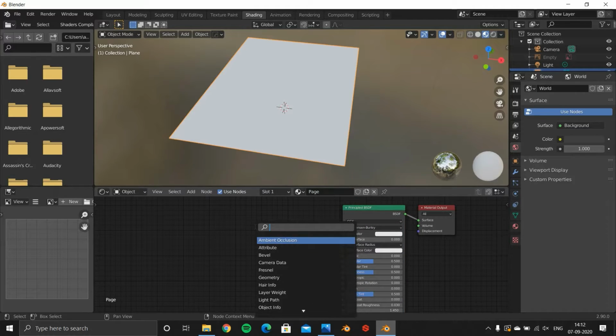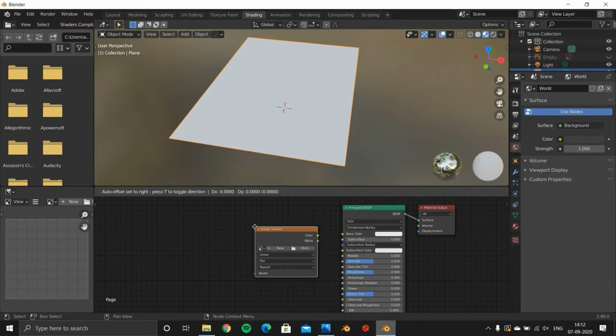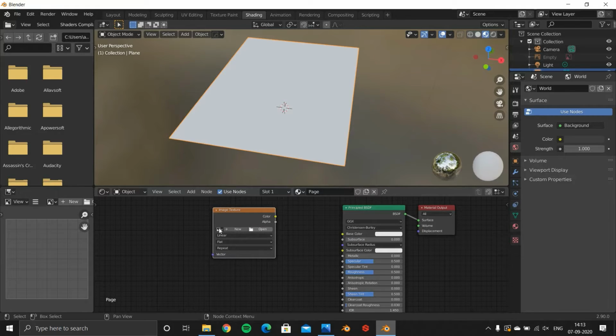bring in an image node, and you can press this button as we have already brought the image that we have to use as a texture for the reference. We can directly open it from here, and then I will plug it in the base color.